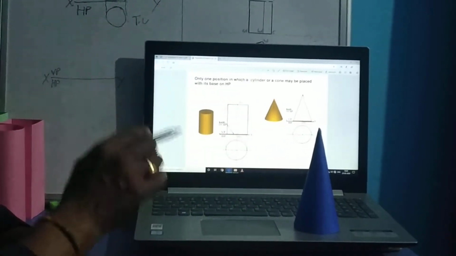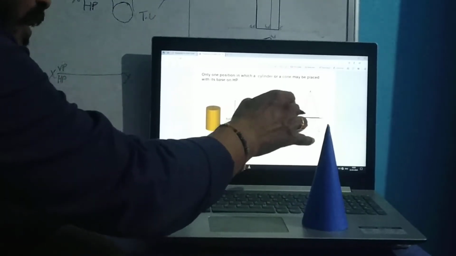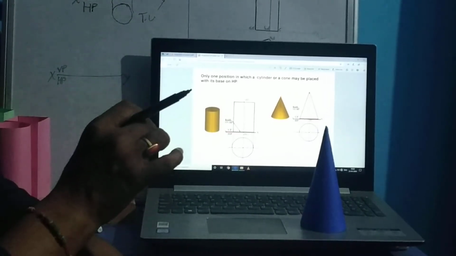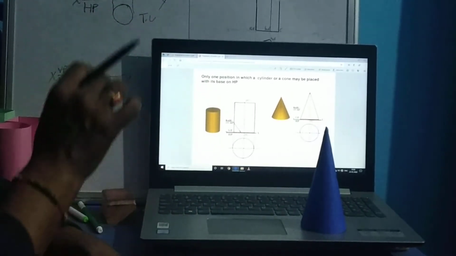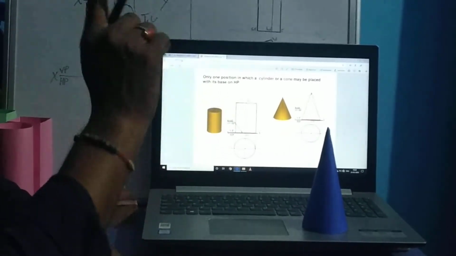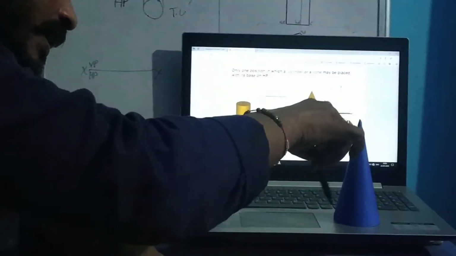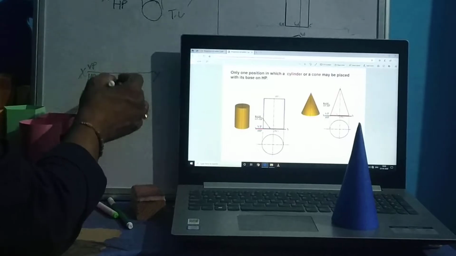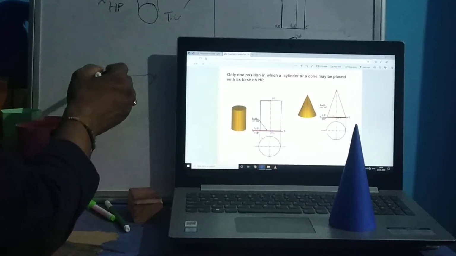So my question is again: which view will you draw first, this triangle shape or this circle? What I explained was to try to draw the image on that plane, either the HP plane or the VP plane, where you are getting the base shape. If this solid is placed in this way, when we view it from the top we will get a circle, meaning we get the base shape on the HP plane. So on the HP plane we will draw this shape, whatever the diameter or radius may be, and after that